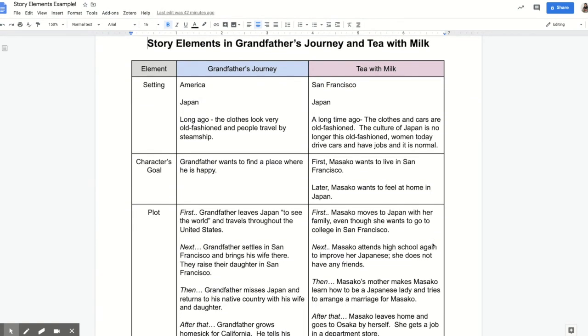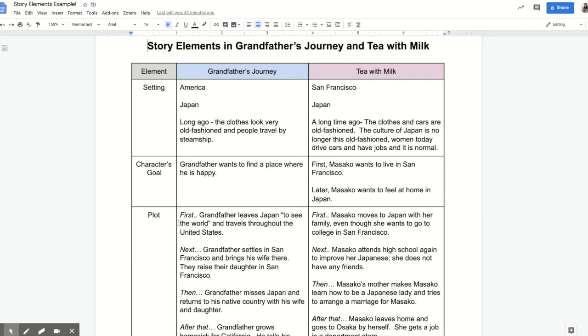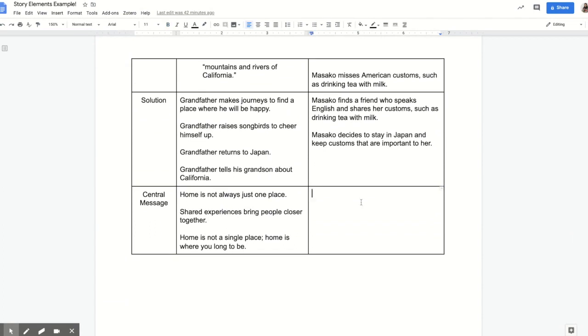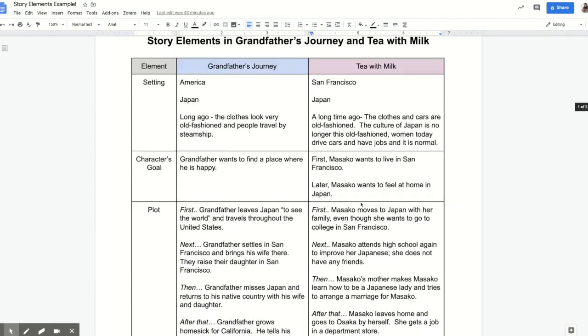So this is going to tell me again who is paying attention to these ELA lessons and who is not, because I'm showing you some example responses for each of these elements here for Grandfather's Journey and Tea with Milk. The only one that I left blank is Central Message for Tea with Milk, because I know that some of us are still completing lesson 11 from yesterday. All right, so